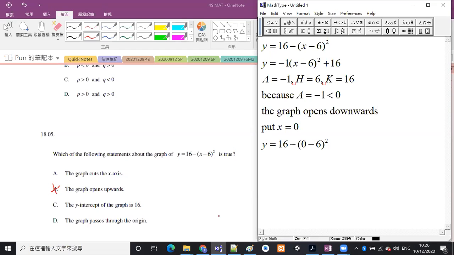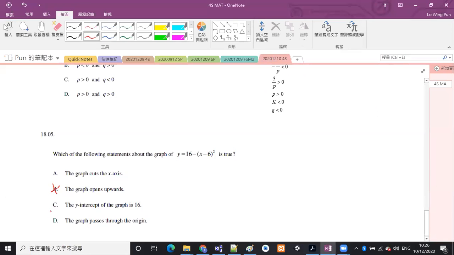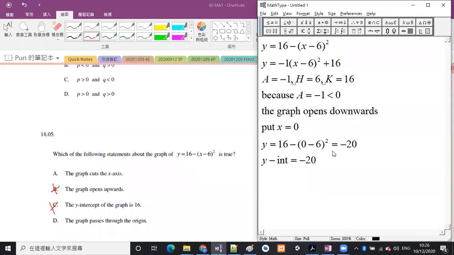Okay, and that should be equal to -20. So the y-intercept should be equal to -20, but option C says that the y-intercept is 16, so option C is not correct. Okay, 我睇埋 D 先，the graph passes through the origin，即係穿過 (0,0) 嗰點。咁我哋試下，